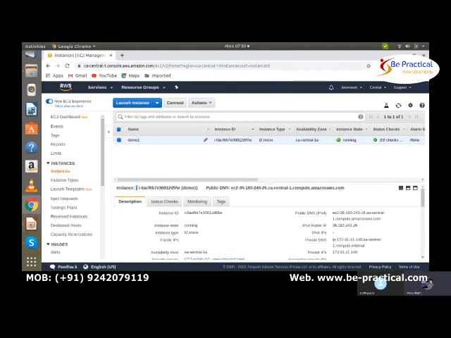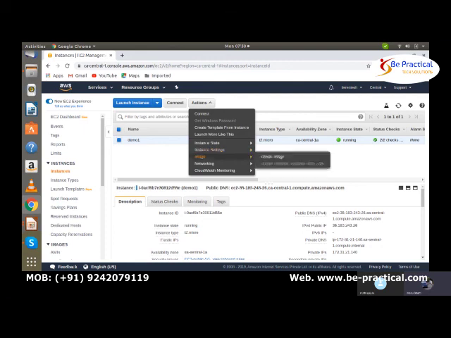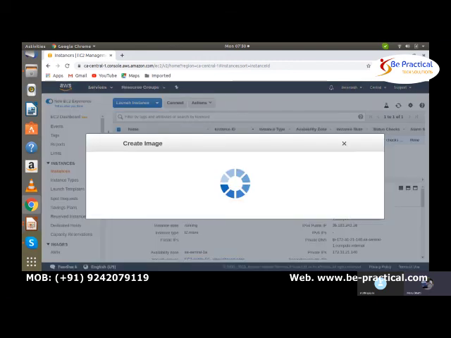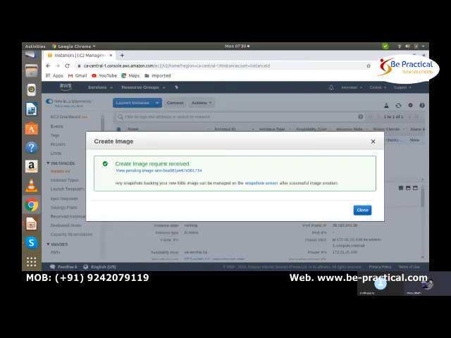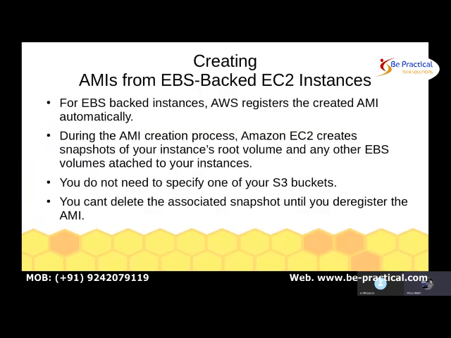You just go to your EC2 dashboard, select the instance, click on Actions, Image, Create image, and here you specify the name, demo. Create image. So this is going to create my AMI.